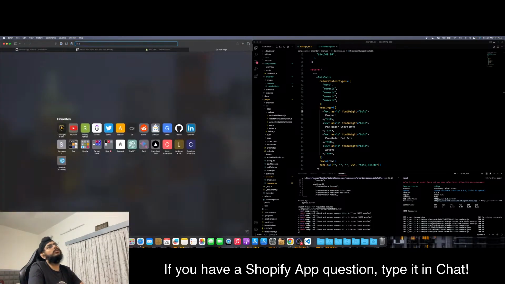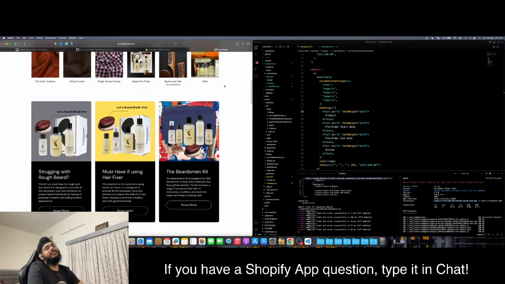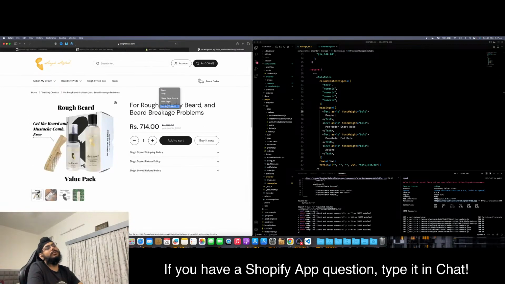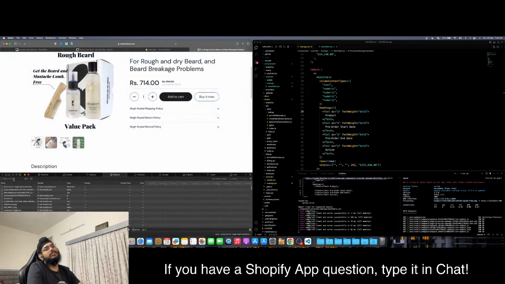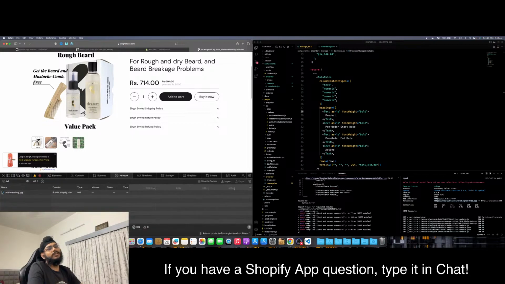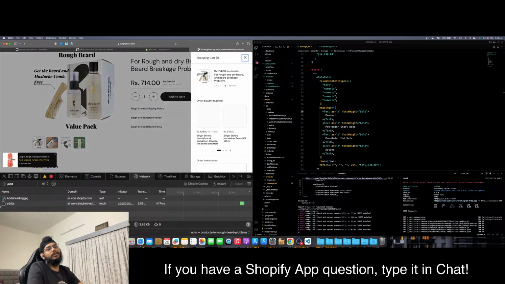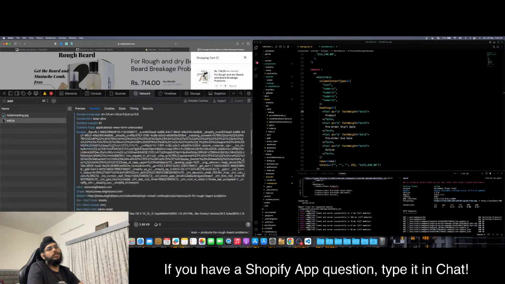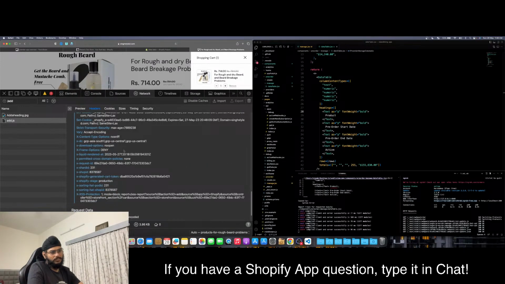what you can do is, again, this requires you to understand how Shopify works. Again, in general, a lot of people are like, hey, I don't really need to know. No, you actually need to understand this. What's happening is every single time, let's go to this. Because I know what I'm looking for, I can just tell you what you need to do and it's done. The moment I do add to cart, there is an add.js call, and this is making a POST request. And if you were to see the response,